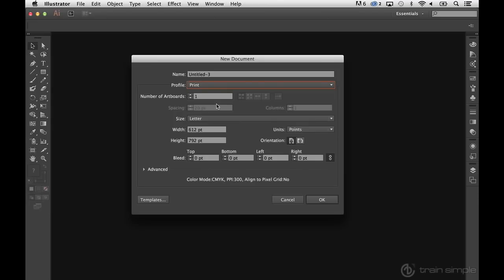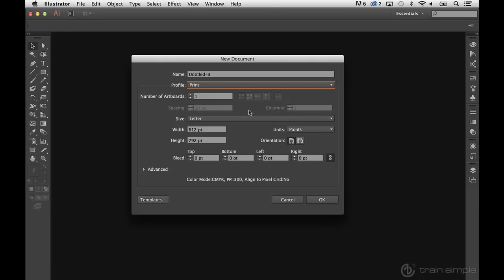And when you do that, you'll notice that all of these options are pre-populated with values. You can always come in and make modifications to these values. You can increase the number of artboards. In this case, we're going to leave it set to 1 as we probably don't even know what artboards are yet as we're new users to Illustrator. But once you work with Illustrator more and more, and you become familiar with what artboards are, if you want more than one, you can add that value here, and then there's some options for controlling the layout of those